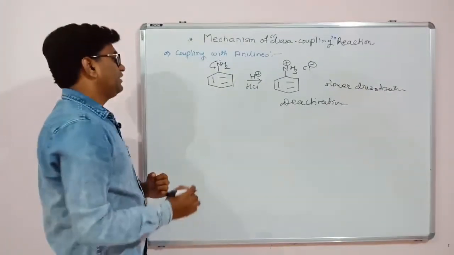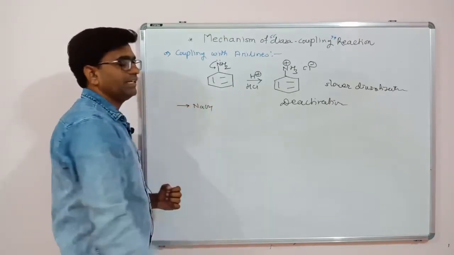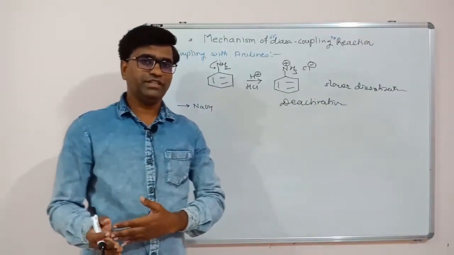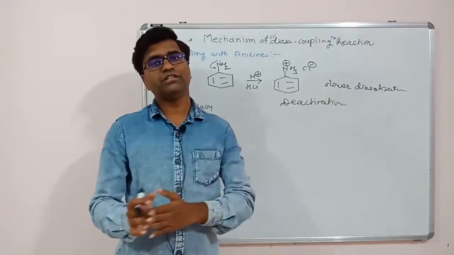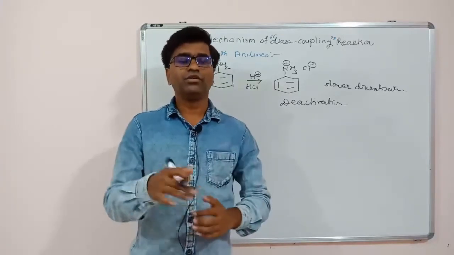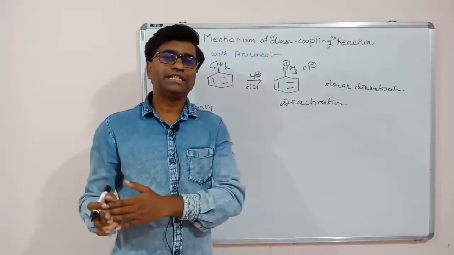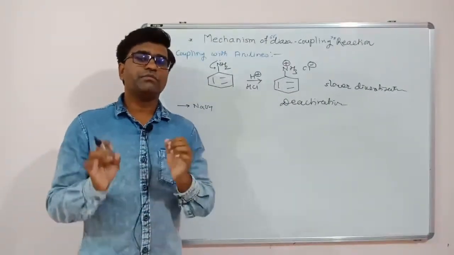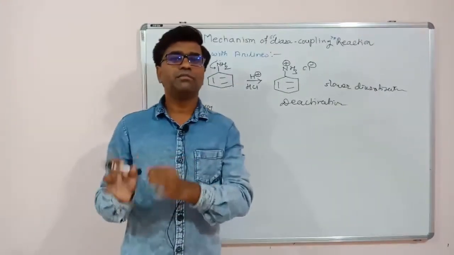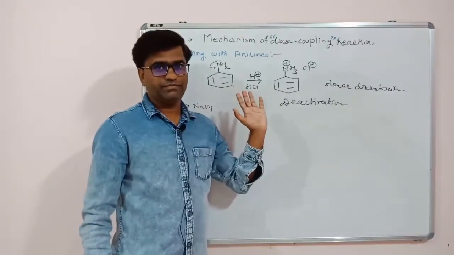If you are using highly alkaline conditions, meaning a concentrated NaOH, then just now we saw there is a deactivation of our electrophile. The electrophile forms an alkoxide ion, O minus Na plus, the sodium salt of the electrophile. So the reaction rate will be decreased. For that purpose, we have to use mild acidic conditions, because aniline is alkaline. So we have to use mild acidic conditions for the diazocoupling reactions of these anilines.